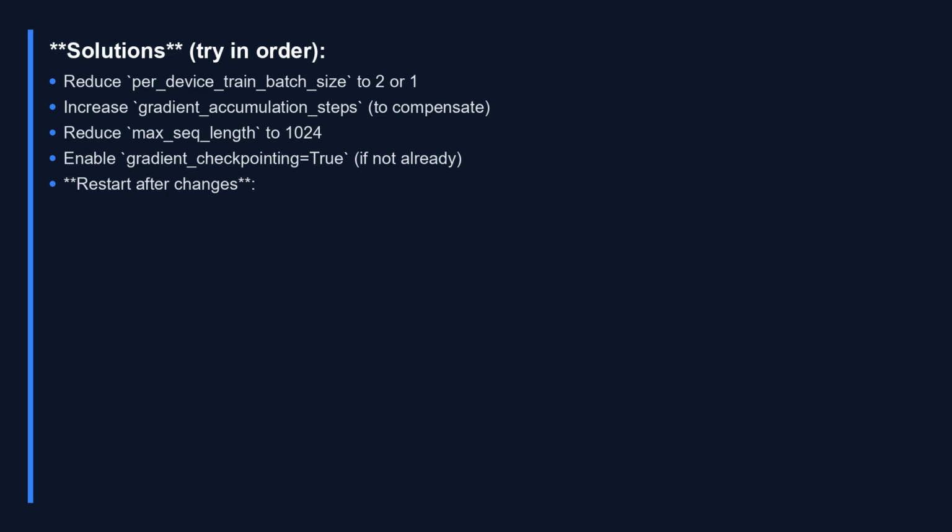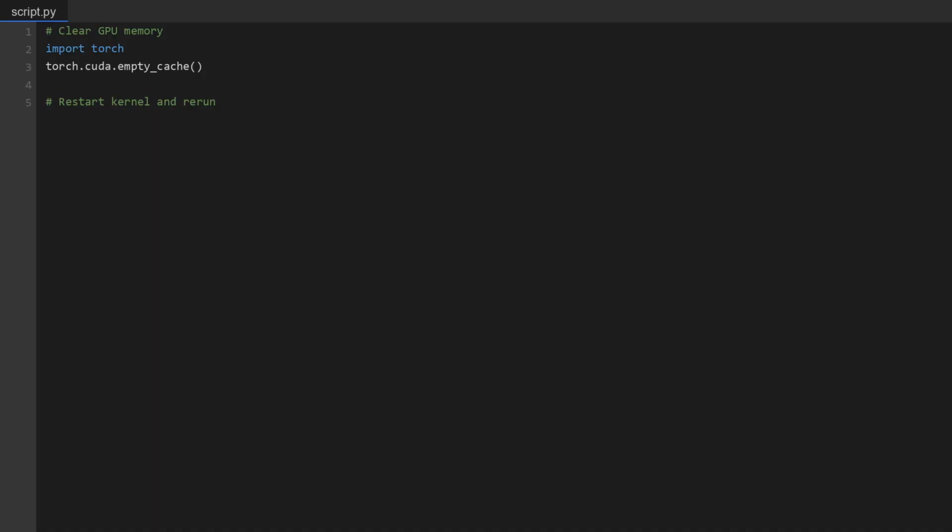Try these solutions in order. First, reduce per device train batch size to 2 or 1. Second, increase gradient accumulation steps to compensate, keeping the effective batch size the same. Third, reduce max sequence length to 1024. Fourth, confirm gradient checkpointing is set. If it isn't, enabling it alone often resolves the issue. After making changes, restart the kernel before